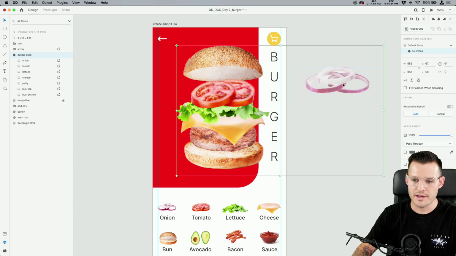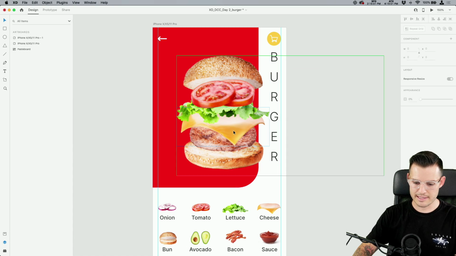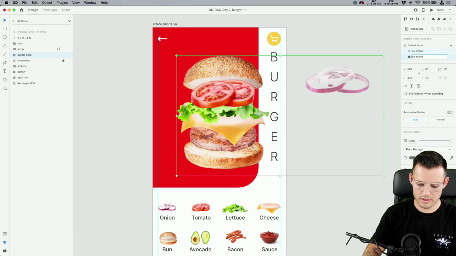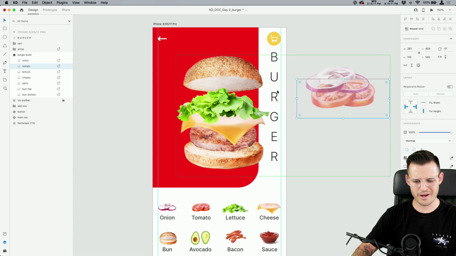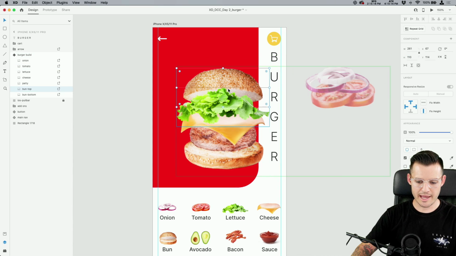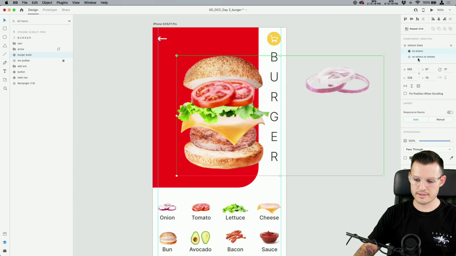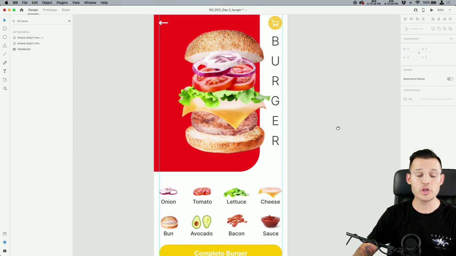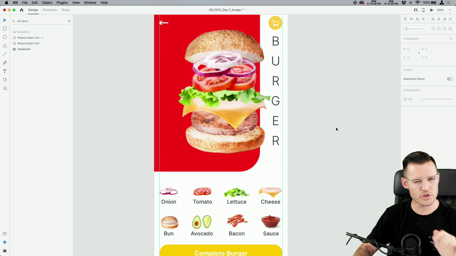It's important stuff. All right, so with that said, I'm gonna take the bun and just move it down a little bit. That's looking pretty good. And then let's do another one that says no onions, no tomato. Kind of long there for that component state name, but whatever, we're doing our thing. All right, so we're gonna bring it down, just the lettuce and the cheese and the patty, okay? So look, we have no onions and tomato, and we have all the fixins. That's good enough for us to get started. You can do all of these. You can hit every single one of these toppings, but we're just gonna do these few for now.